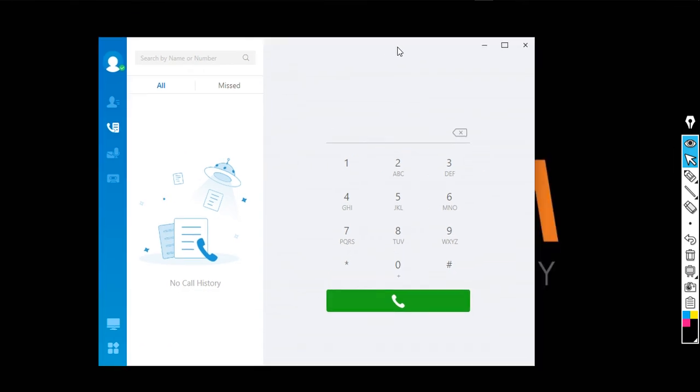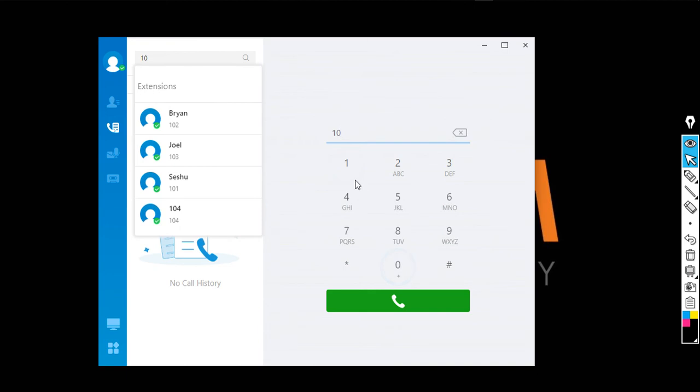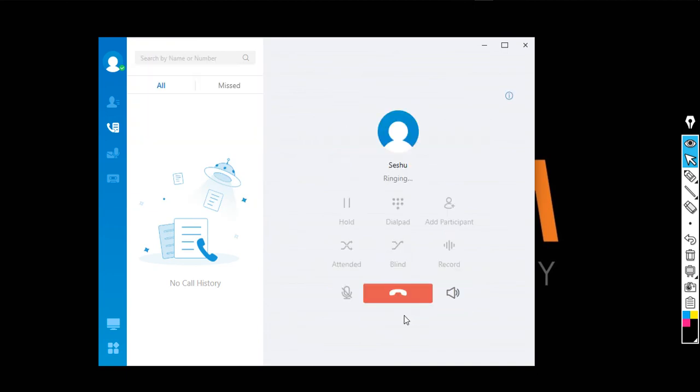Now from here I can make calls to 101 or 102 or 103. Let's go and do that. Type 101, then click call. See, the phone is ringing now. Let's go and attend this call. Hi, I am calling from the Linkus client.